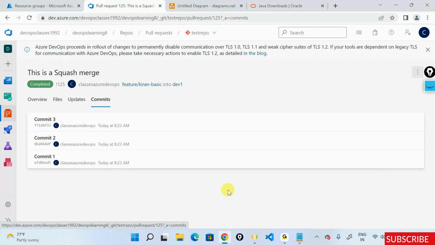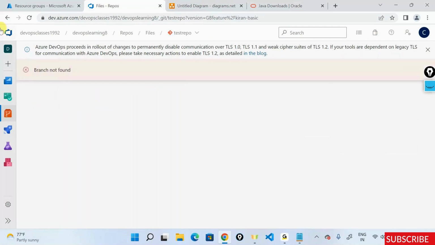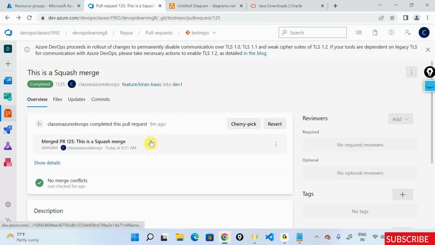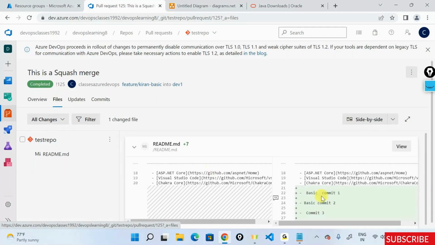So now you can say, okay, fine. It was coming from a branch called feature Kiran basic, branch not found because the branch got deleted. But you can say, okay, fine. If I want to understand what are the commits that are coming from this branch, these are the commits. Not only that, you can also see what updates were done to my file. So yes, squash is very much helpful. When you delete it, you still maintain the history, but you do not have to maintain the history on